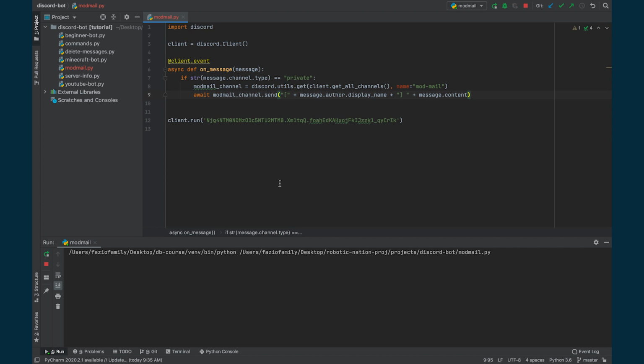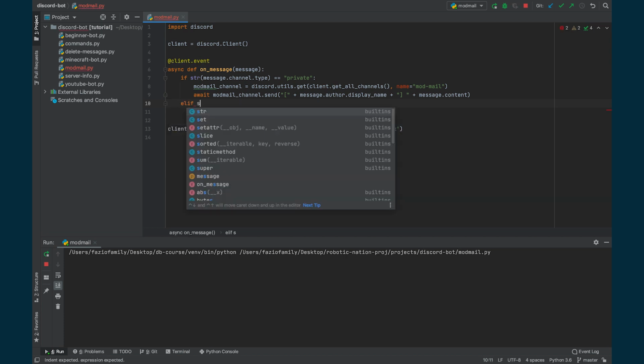Alright, so we have the first part of this project done. We're able to send the user's DMs to the bot to the modmail channel of the server. However, we also need to be able to send messages back to the user from the modmail channel. So what I'm going to do is create an elif, and first I'm going to check if the